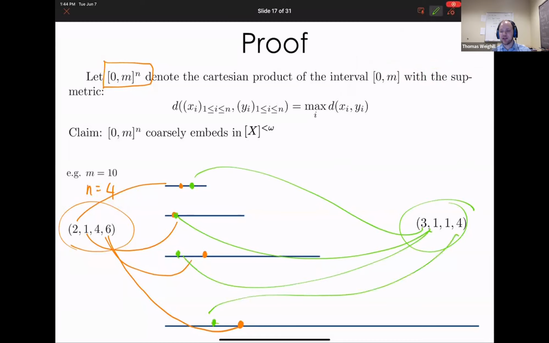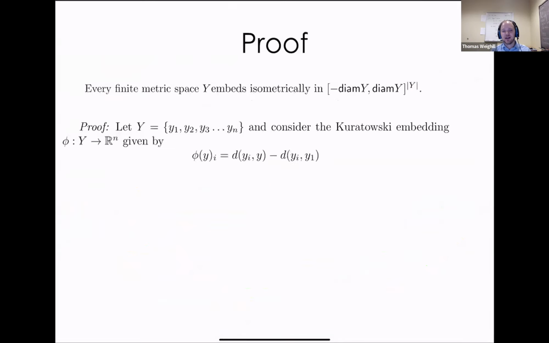It's not too hard to believe that the distance between those tuples is related to the Hausdorff distance between these points. Maybe there are some issues with them interfering with each other, but eventually they get spaced out far enough that it's not really important, and it comes down to the distance being basically the Hausdorff distance. So I can embed these hypercubes, 0 to m to the n, and there's this full